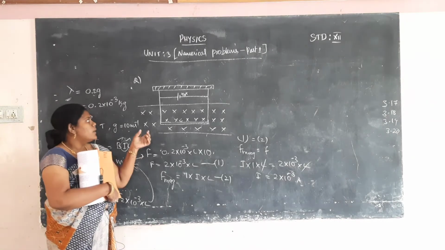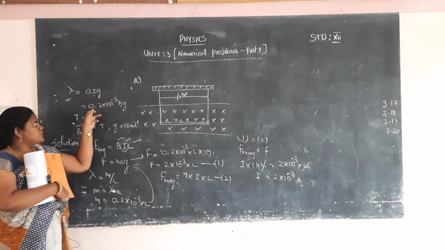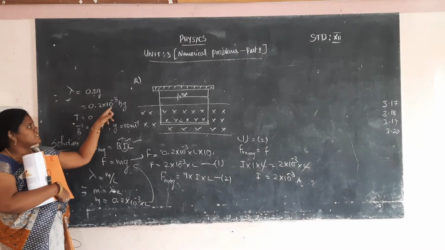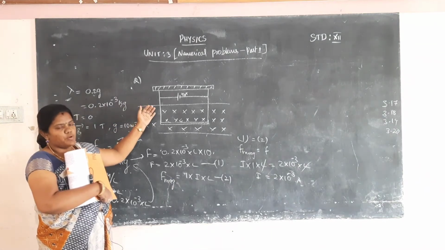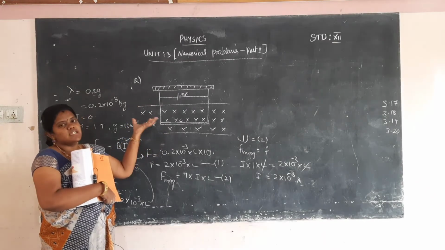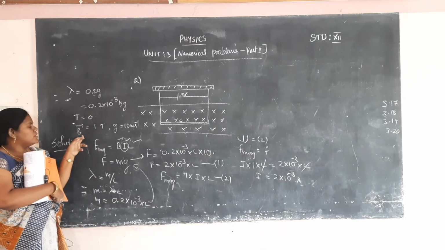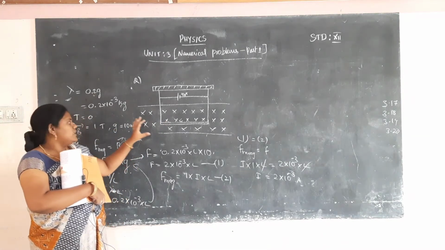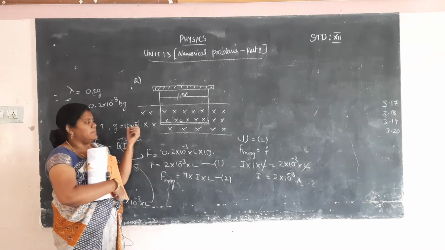The question is: taking one conductor having linear mass density lambda equal to 0.2 gram. Gram will be converted into kilogram, so 0.2 into 10 power minus 3 kilogram. The conductor is suspended from the rigid support by using two strings, and the two strings do not have any tension. So tension T is equal to 0. The whole conductor setup is kept in a magnetic field of 1 Tesla, and the acceleration due to gravity g value is equal to 10 meter per second squared.